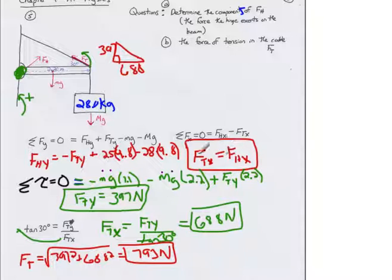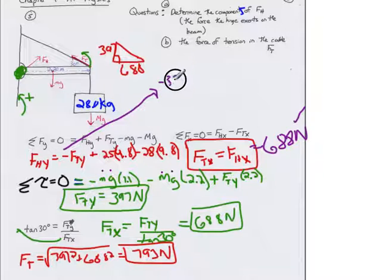Didn't we say the hinge's x component is the tension x component? So in other words, that's going to be equal to, what did we find, 688? Okay, so from that part we got that one, check. And then we said the y component of the hinge is going to be equal to negative FTY. Where is negative FTY? FTY is right here, so negative 397